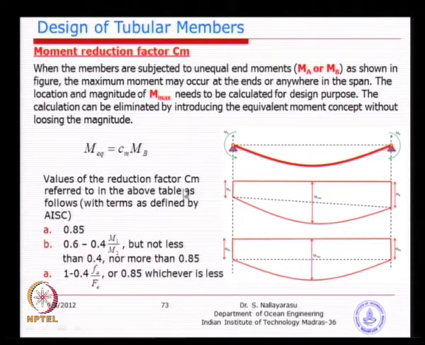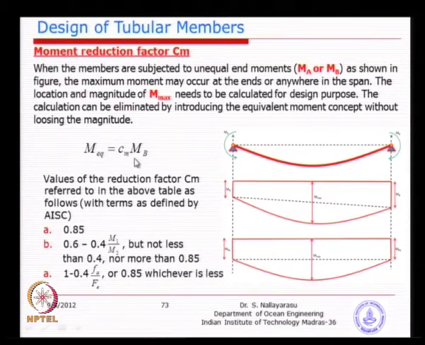Now, you see here, this is an unsymmetric bending moment diagram, which can be symmetrically drawn like this with the equivalent moment at the ends, but still not losing the maximum moment at the center. We just rearrange the diagram, but the maximum is still at this point, and the end moments are not going to govern the design in any case. So, when you are having such a situation, it may not be exactly the same every time. We have got several scenarios. I have just drawn only one scenario, showing how we calculate the equivalent moment for a particular design aspect.